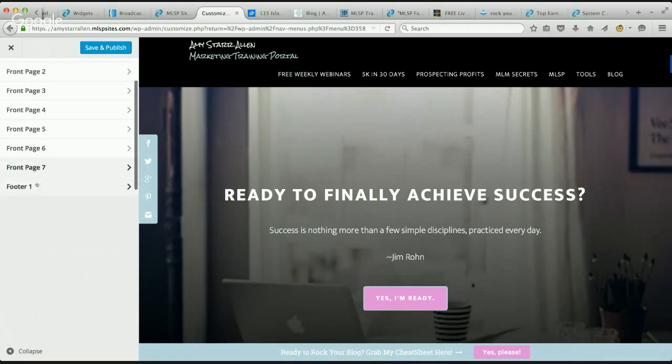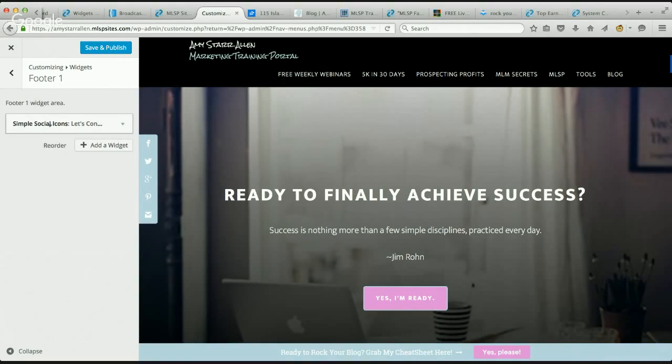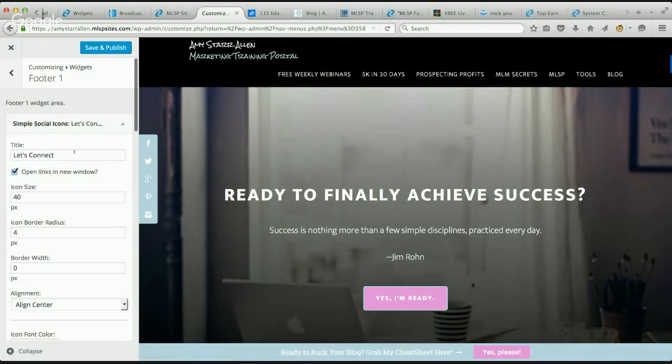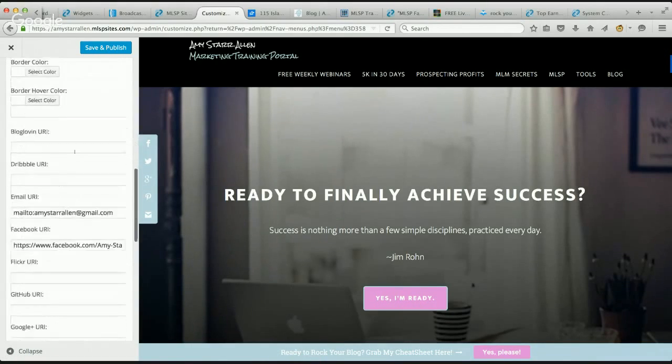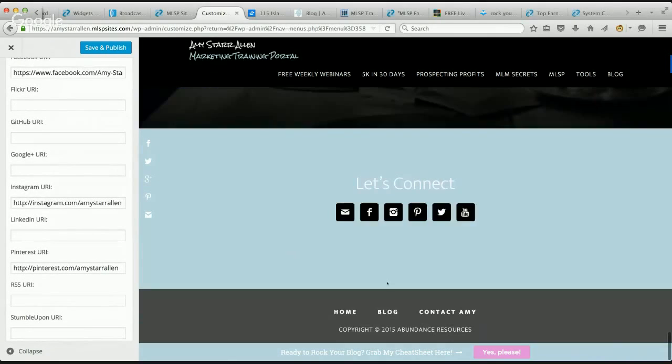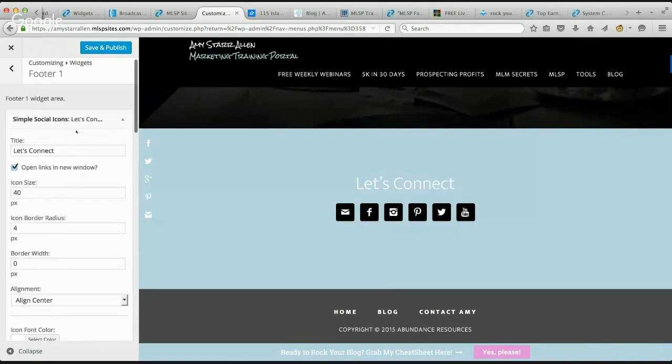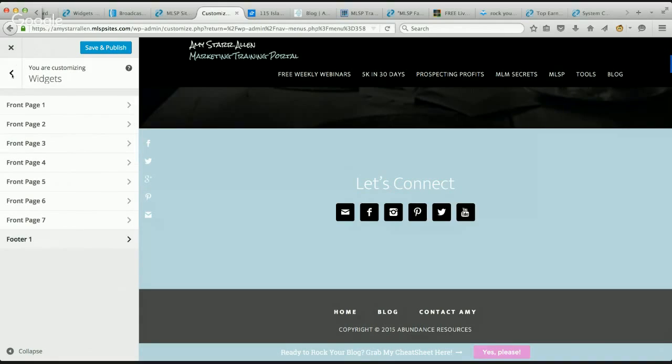Okay, and then footer, I just have simple social icons, which is another widget that you can customize. I just say, let's connect, and then you can customize everything about it here. And so that's what this is. So anyway, that's what these are,